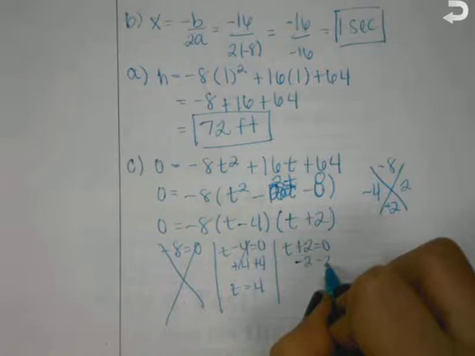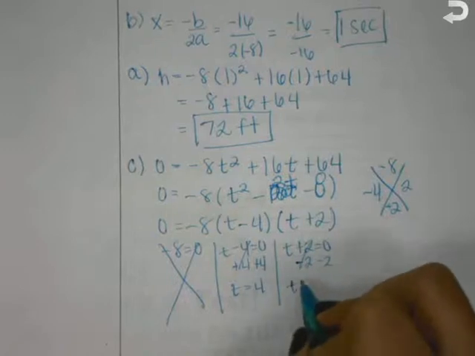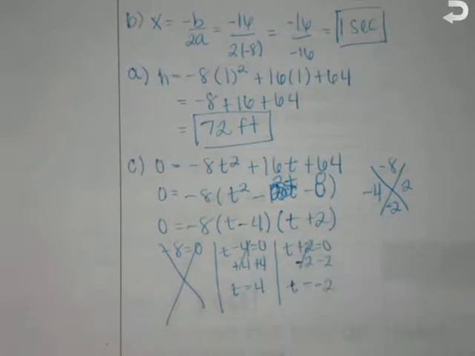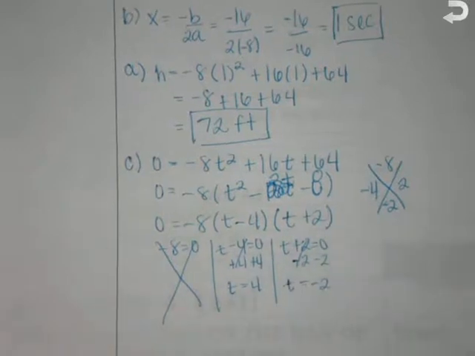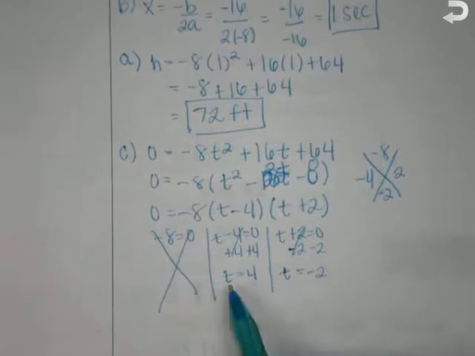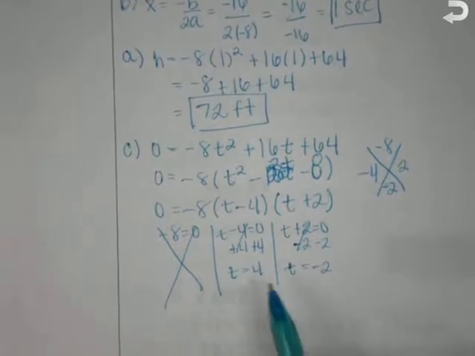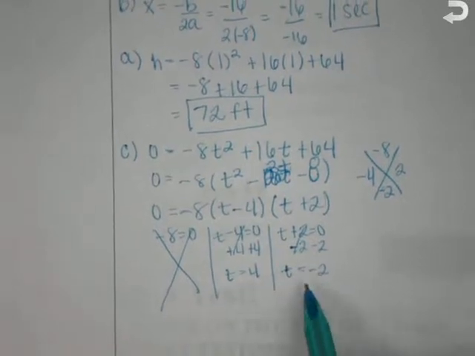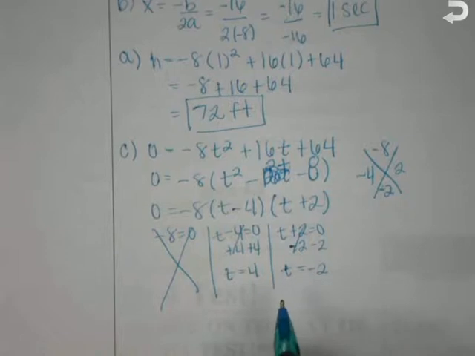And so now we have two options for our time, when the time is 4 seconds and when the time is negative 2 seconds. I have never been able to reach negative 2 seconds. It does not make sense. So our only answer is that the frisbee hits the ground at 4